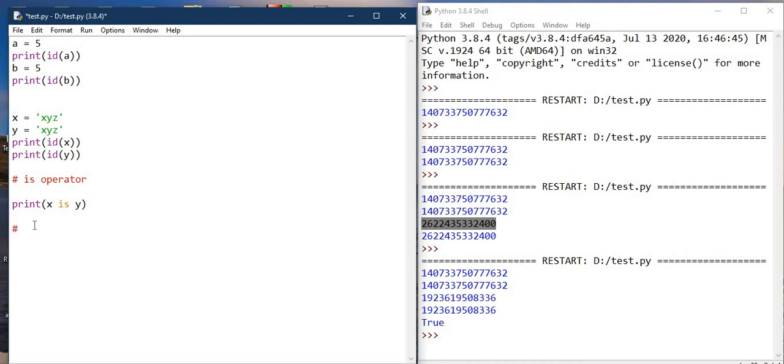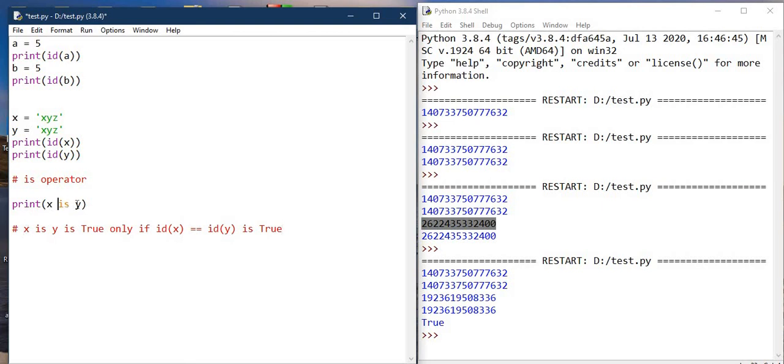So coming to the conclusion, X is Y is true only if the ID of X is equal to the ID of Y. So this is the main concept of is.